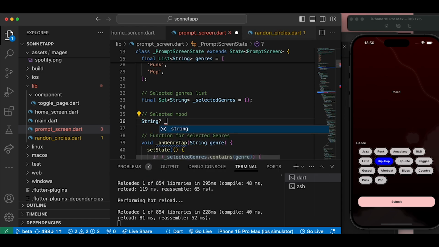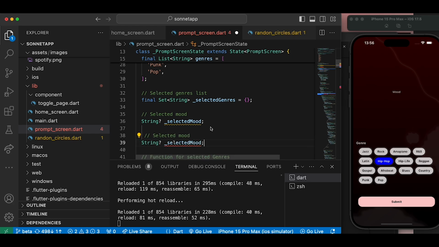All right, and we'll call this selected mood. Okay, all right, and let's do that for the image. So we'll copy, mood image. Okay,